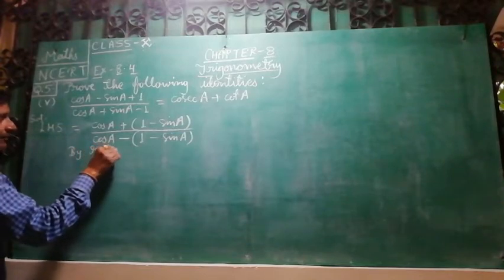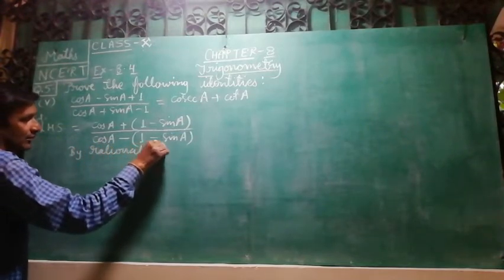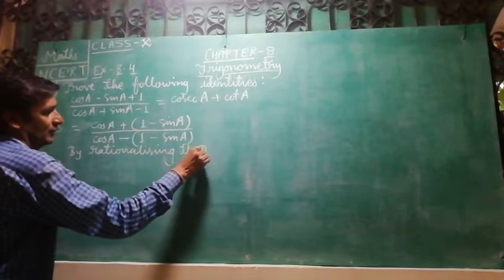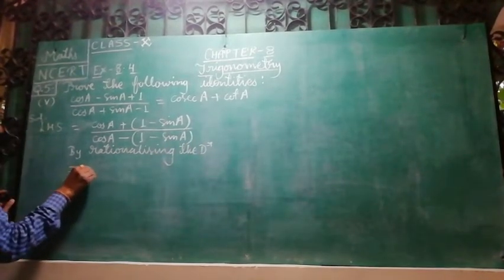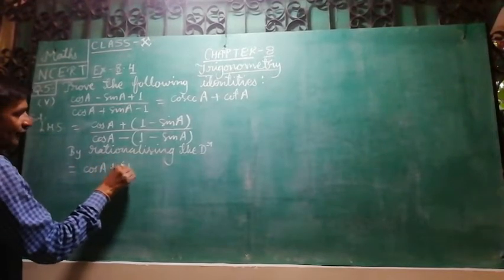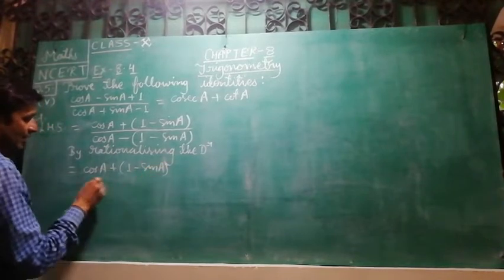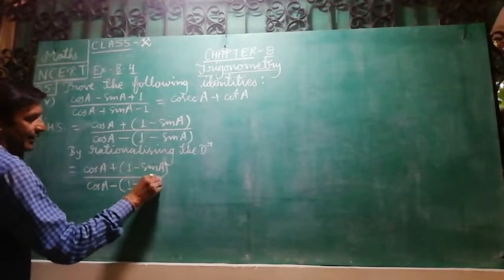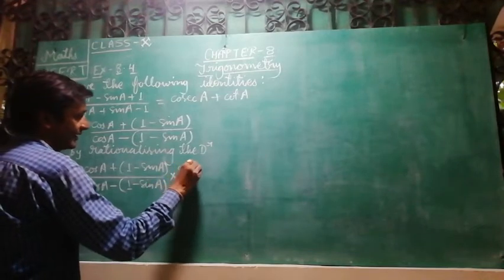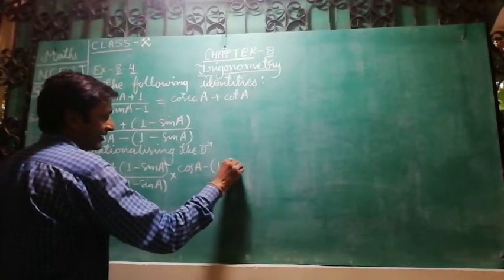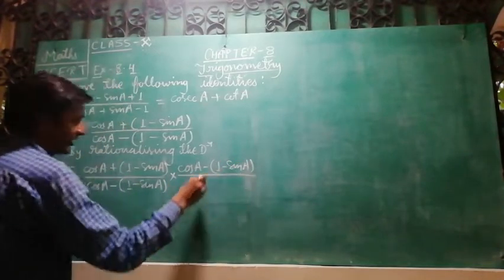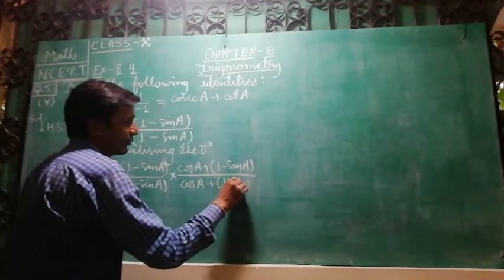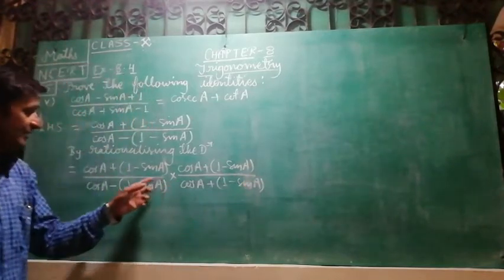so we can rationalize the denominator. So if we rationalize the denominator, then it will become cos A plus 1 minus sin A upon cos A minus 1 minus sin A into cos A minus 1 minus sin A, and in denominator, plus cos A plus 1 minus sin A upon cos A plus 1 minus sin A. Means what we have done, what we are doing in rationalizing the denominator, we are changing